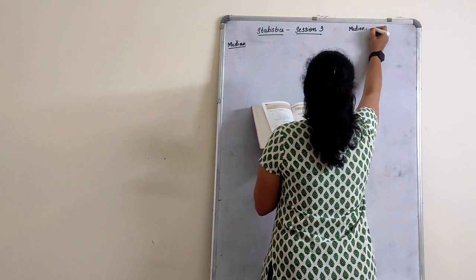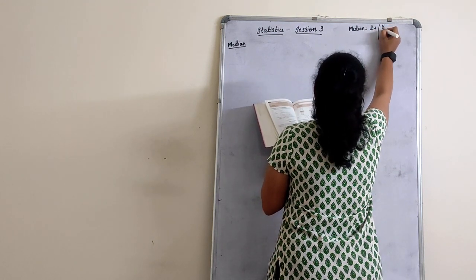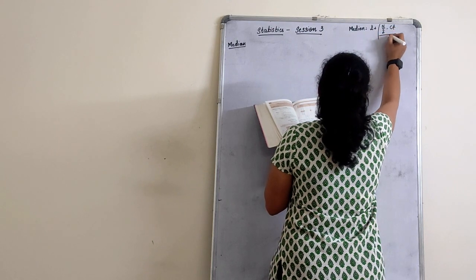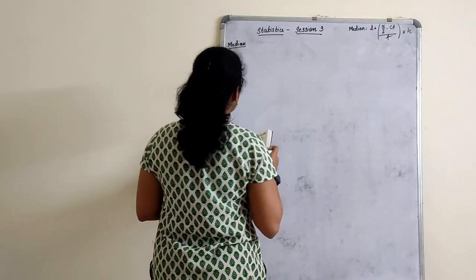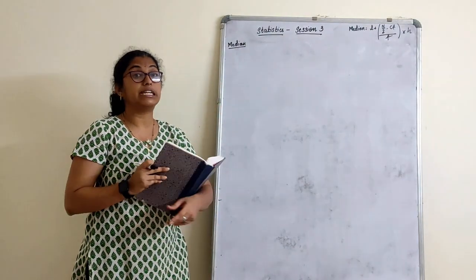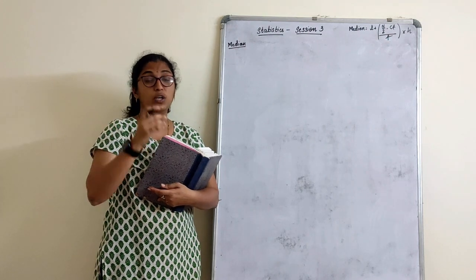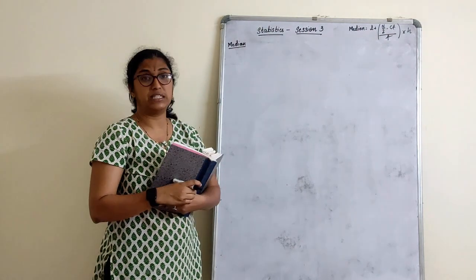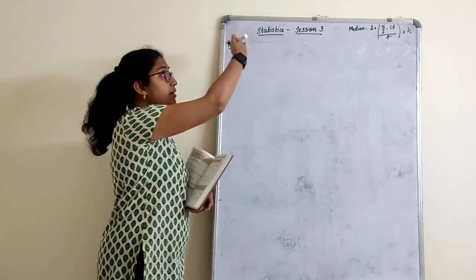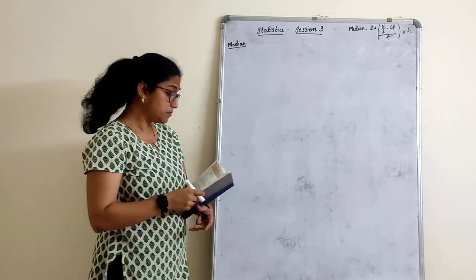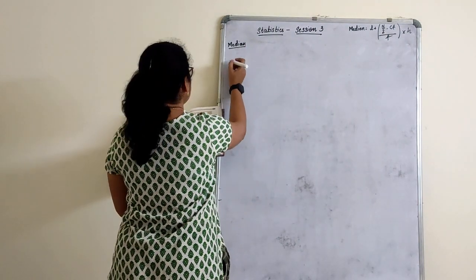It's again lower limit plus n by 2 minus CF divided by F into H. What is that CF? It is something called cumulative frequency. I had sent you a brief PDF where it explained cumulative frequency. It is a frequency which occurs after adding up the subsequent frequencies, right? So let's immediately start with the first one.